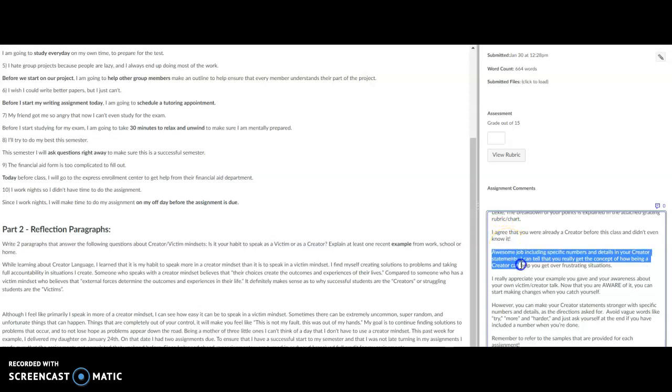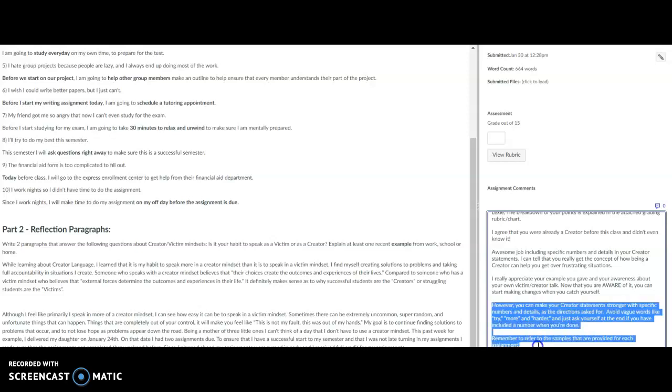Then I'm able to congratulate this student on using numbers and details in their creator statements, and that I really appreciate the example that they gave. And that they can start making changes now that they've become self-aware about their own victim and creator language, if that was the case. And then down below, I'm going to go ahead and delete these two comments in blue